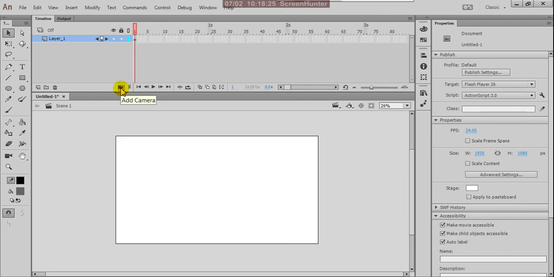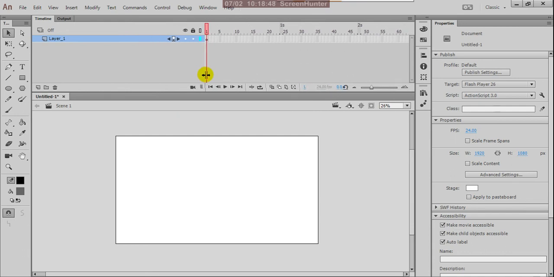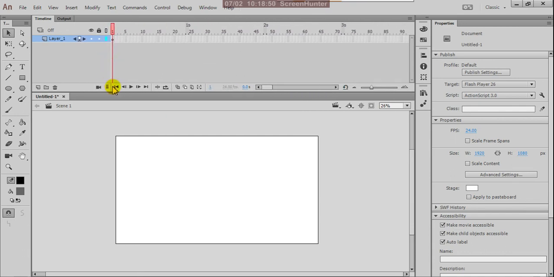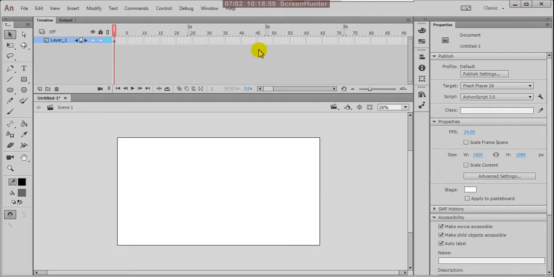Here it is the camera. In the previous, older versions of Flash, this was not included. In the new version only, this camera is included. And here you can move this front and back, and you can extend this. And here is go to first frame, and this is the player. Internally, Flash has a player.